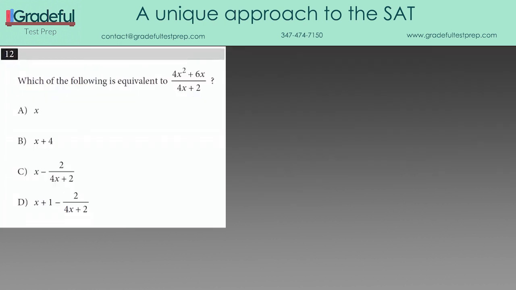Now question 12 is a question about division of polynomials. We can tell it's about division, possibly because some of the answer choices look like the results of division. When you divide and you end up with a remainder, the remainder becomes the numerator with the thing you're dividing by as the denominator. So seeing x or x plus 1 with minus 2 over 4x plus 2, that stinks